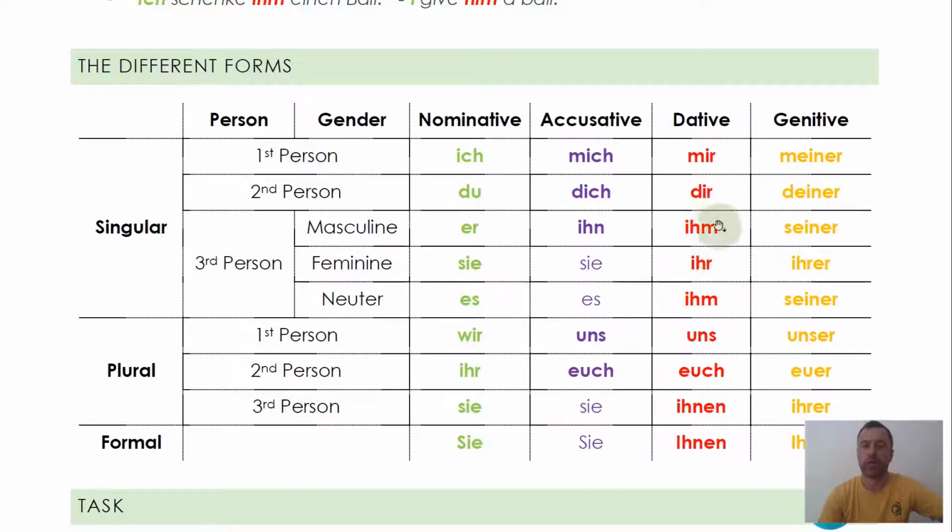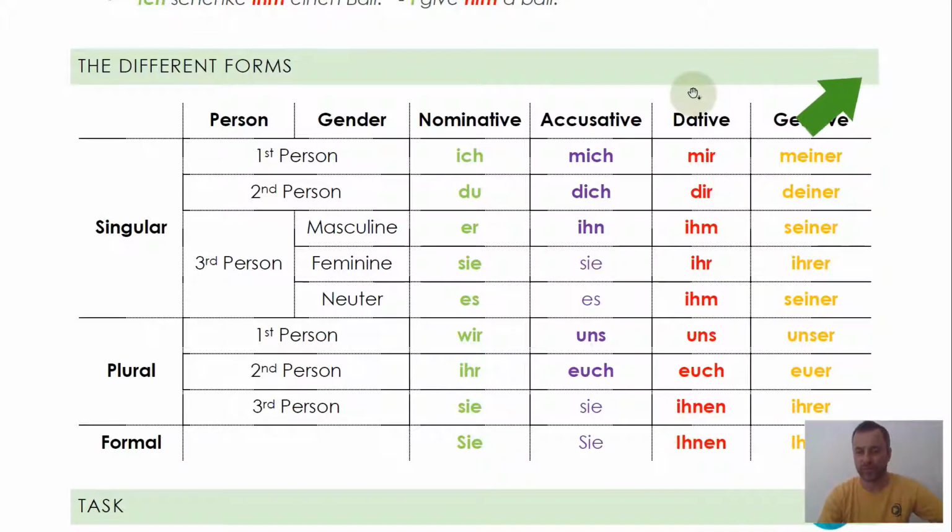But also, the endings are very similar. If you remember, er is masculine, which is dem, so we have the M here too. Feminine is der, so we have the R here too. And neuter is dem again, so that's why we have the same version here too. So the endings are very similar. What you have to know is the definite articles and their endings. I linked the guide separately here again in the info cards for you, because there I explained the shortcut to